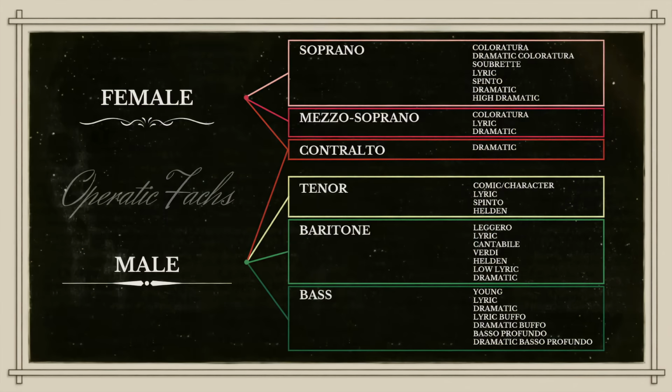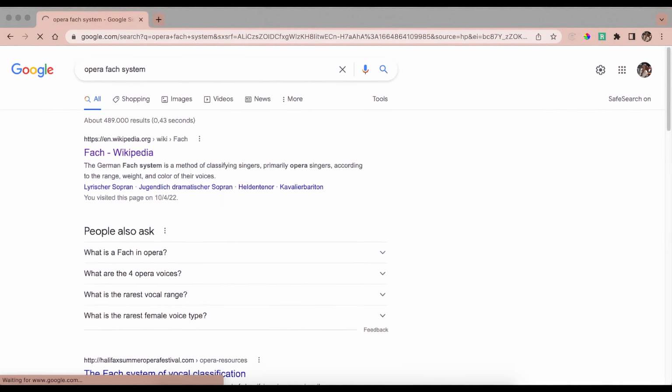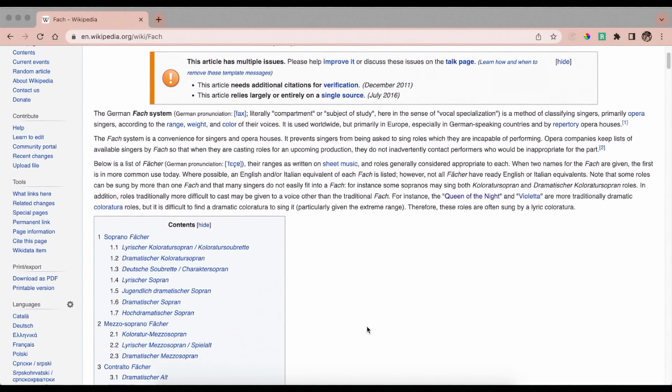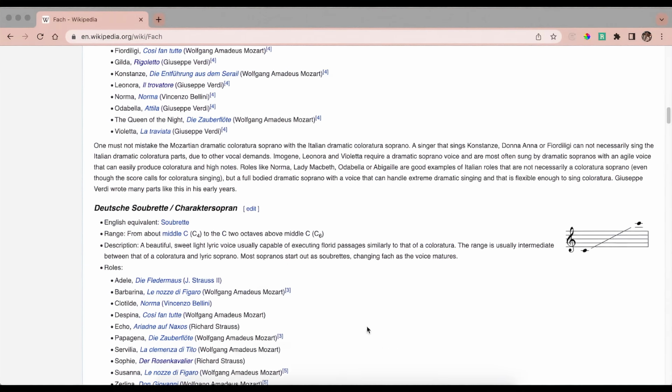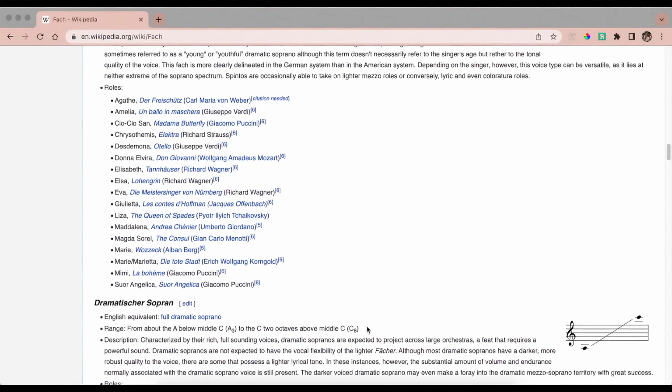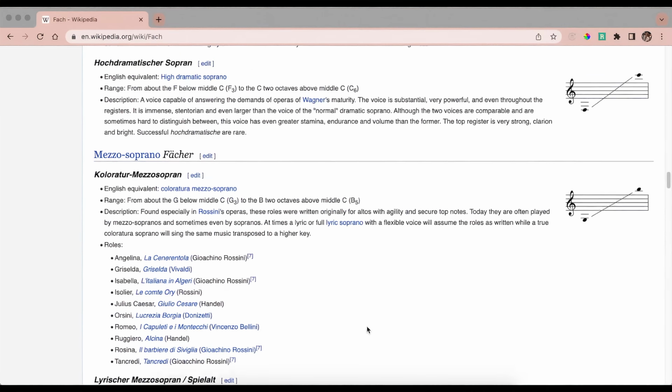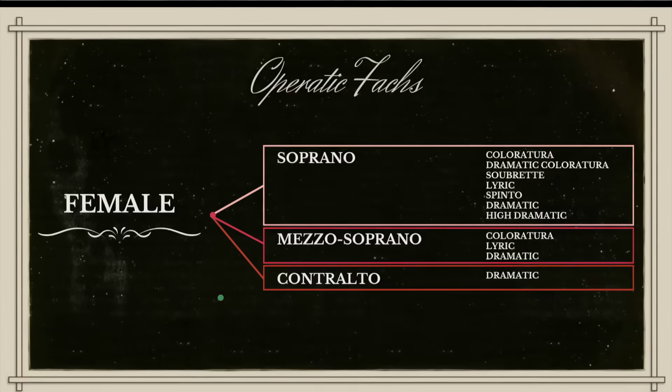And I know, you can just go onto Wikipedia and literally find a list of all the different Fach types, but I wanted to put together a video of examples for you guys because when it comes to music, I think it's a lot easier to hear something than it is to read it. All right, so let's pull up our fancy sheet here.